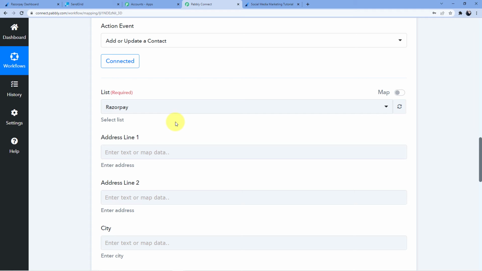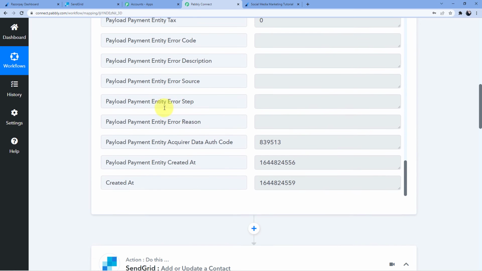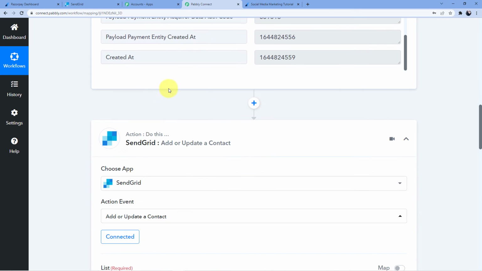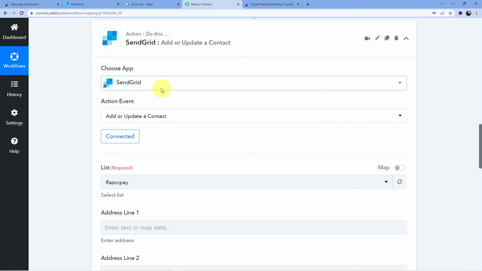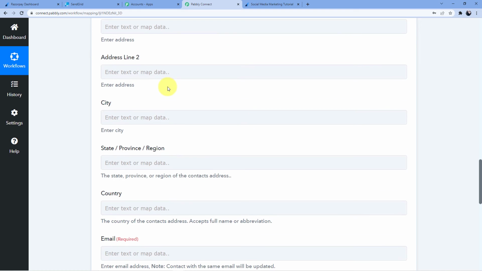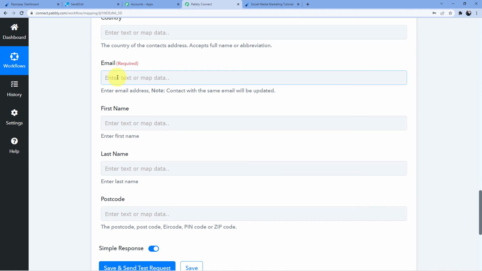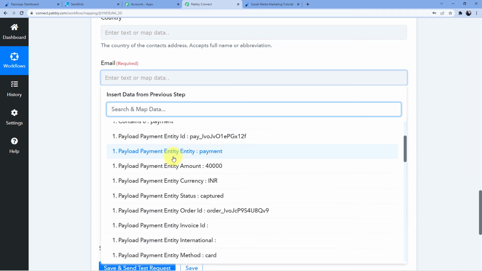So what I am going to do is use a technique here which is called mapping, which will let me take the data from this window and put the data into this window without manually copying, pasting, or typing anything. Okay. So I will just map in the details which I have here.